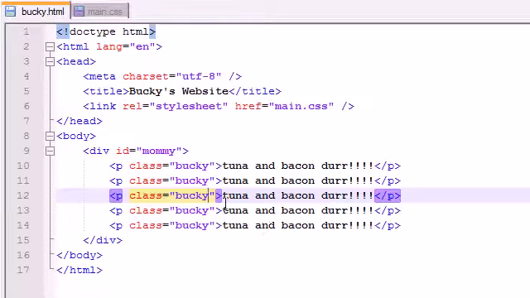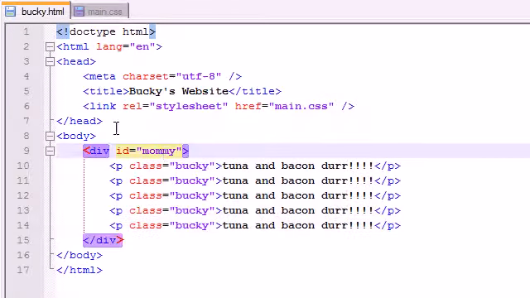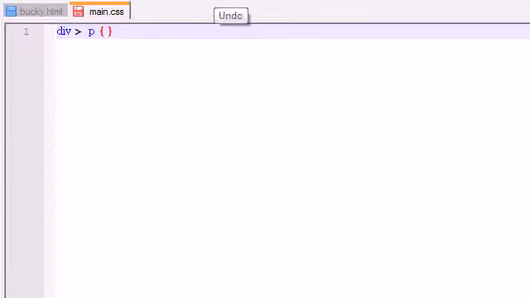So what am I talking about? Well, let me show you guys an example. If I write something like this, whatever rule I type after here is going to affect any paragraph that has a div as its parent. So if we look, all of these paragraphs have a div called mommy as their parent. So let's go ahead and apply a rule. I will color this